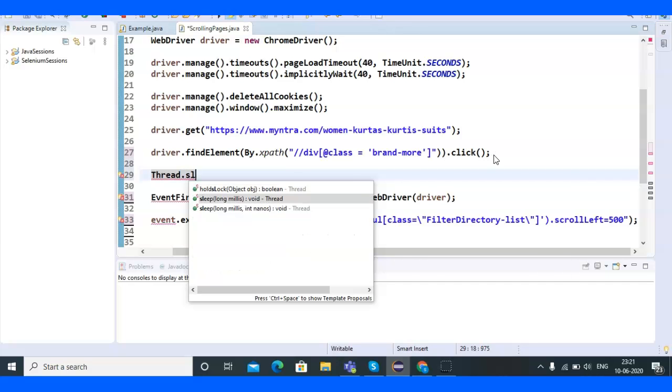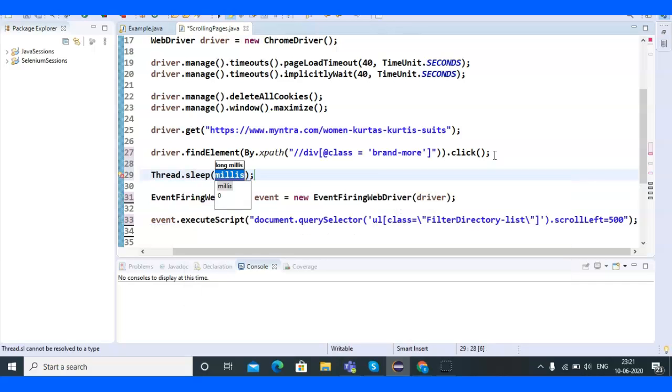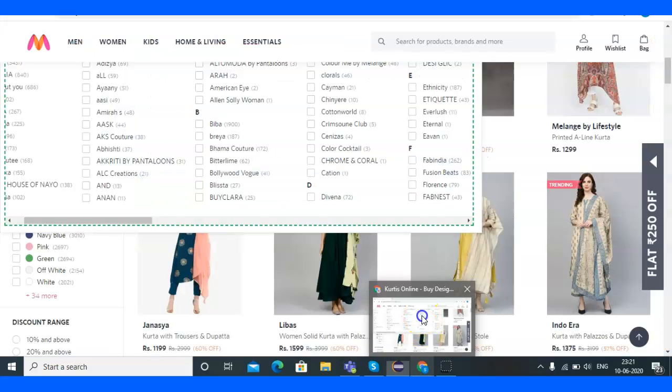I'll say thread.sleep of 2 seconds. So for 2 seconds it will wait and then it will do the horizontal scroll inside the web element. So first what will happen,